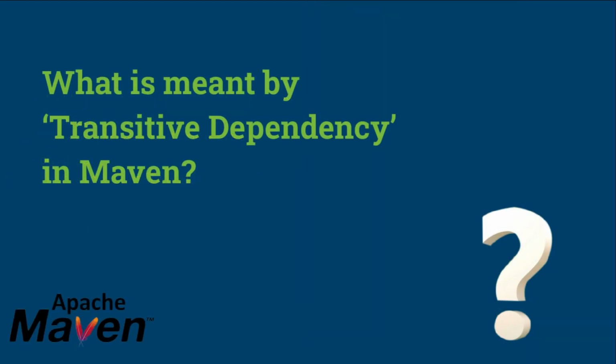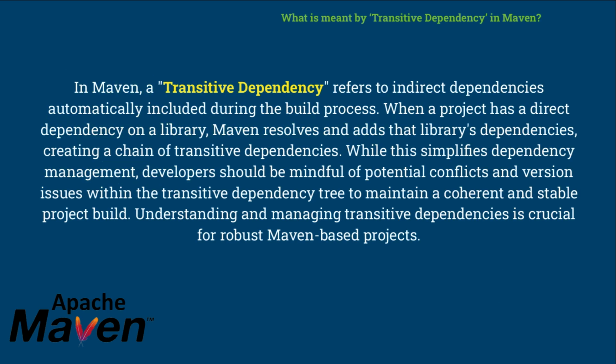First question, what is meant by transitive dependency in Maven? In Maven, a transitive dependency refers to indirect dependencies automatically included during the build process. When a project has a direct dependency on a library, Maven resolves and adds that library's dependencies, creating a chain